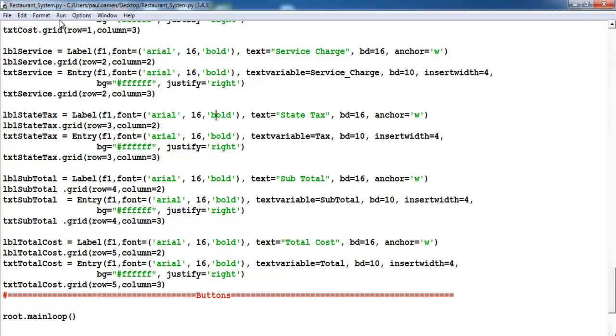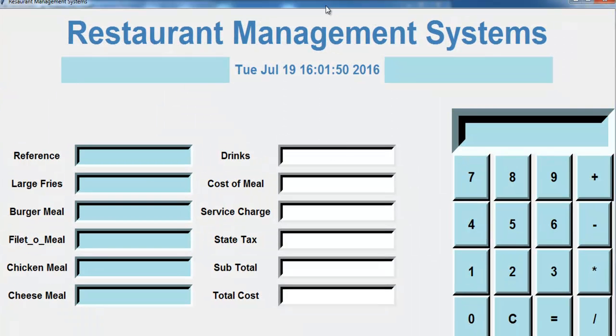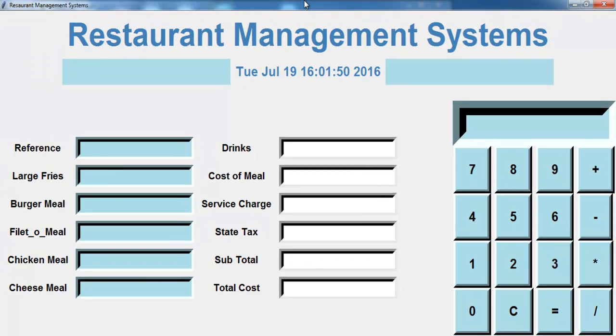Alright, so I will now run it. Right there guys, this is how it looks now. I like it. This is beautiful. Okay, but nothing is happening here. We can't do anything. I would like the system to automatically generate reference there,